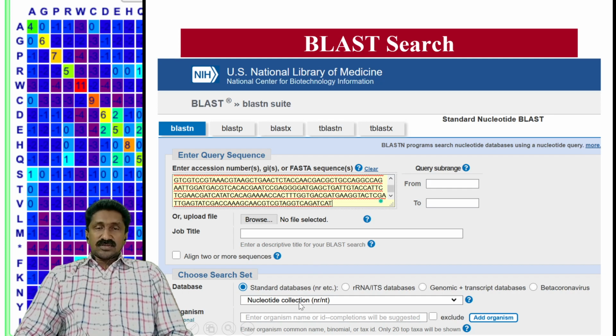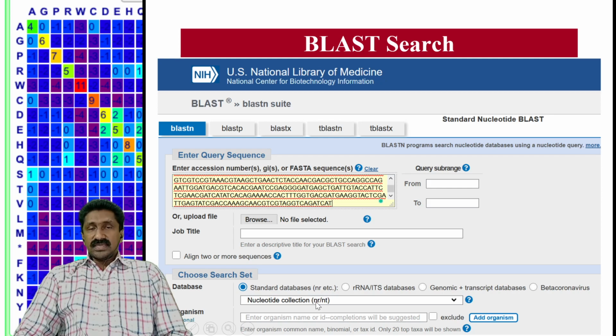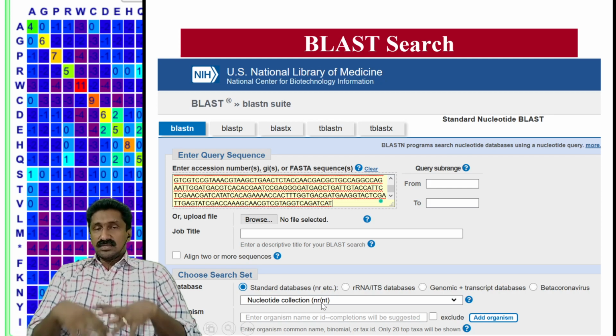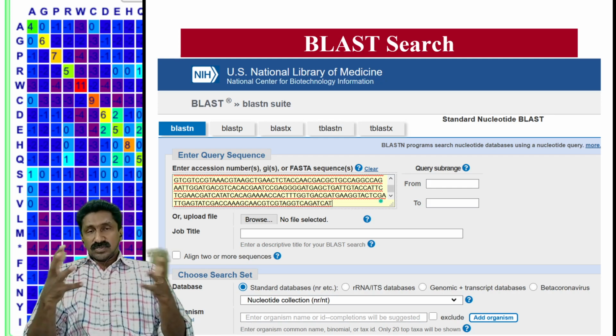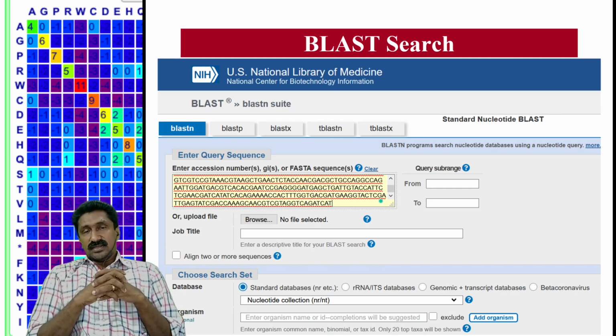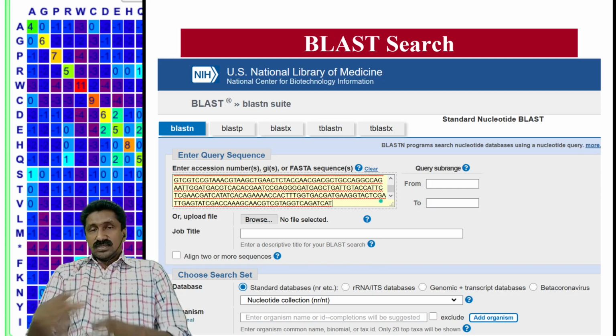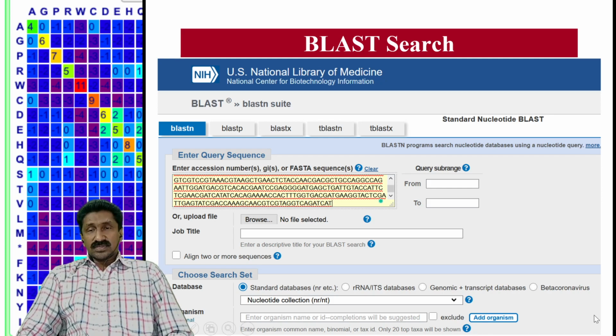Now, there is an option for a different database. Usually the standard nucleotide database, NR/NT, gives the maximum possible search in the nucleotide database. But you have various other options like specific organisms or genomic transcripts or RNA, other specialized databases.